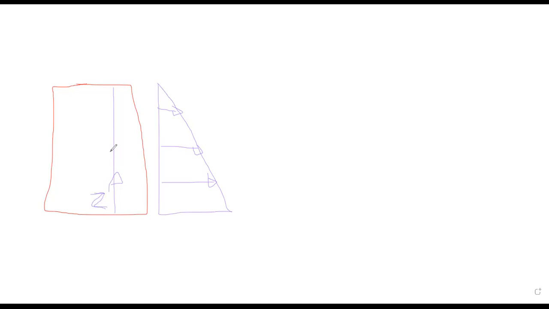So let's say at the level Z, the total height is H. So this height would be H minus Z. So that pressure would be H minus Z